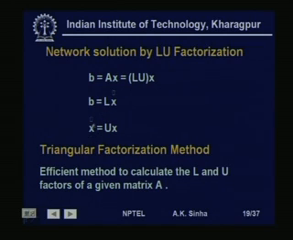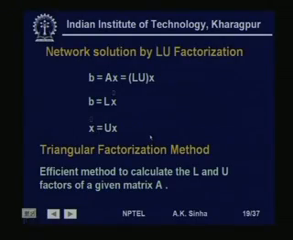So, what we have to do is first we will find out this in terms of x hat, and then B is equal to L x hat needs to be solved. So, what we do is B is equal to L x hat, we will solve to get x hat, and then we will solve x hat is equal to U x to get x. Now, how do we factorize this matrix? An efficient method to calculate L and U factors for a given matrix is